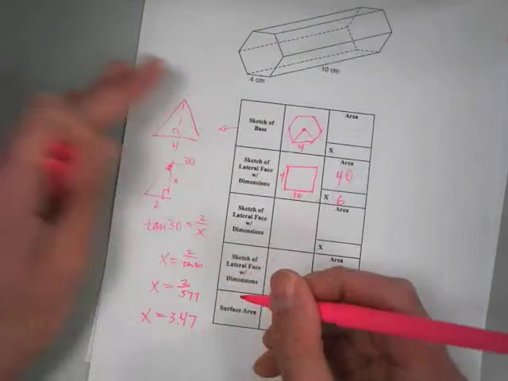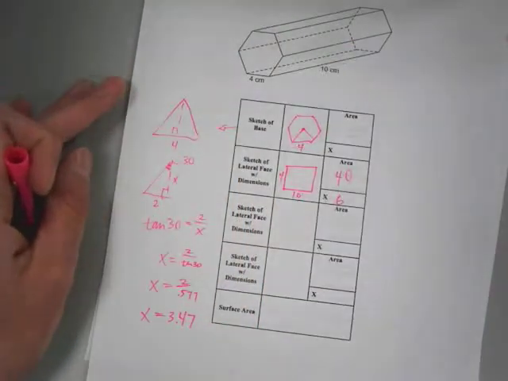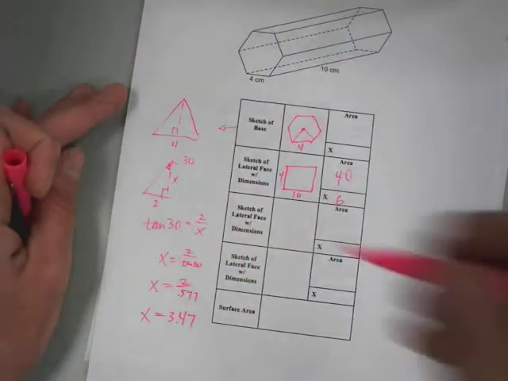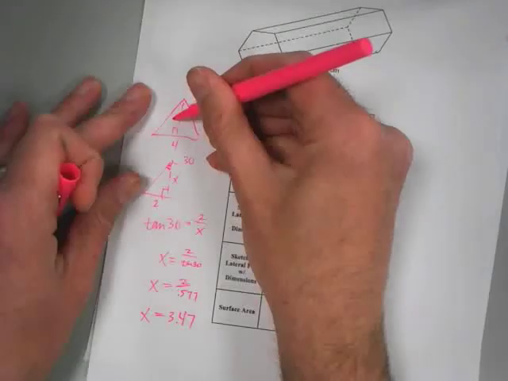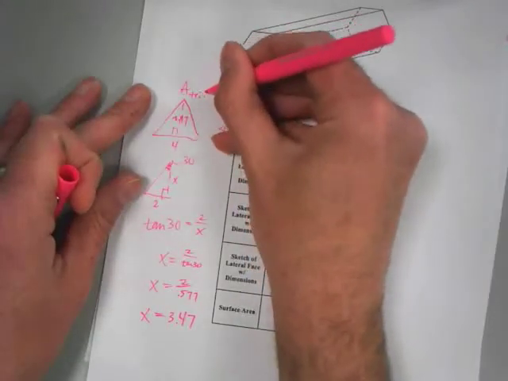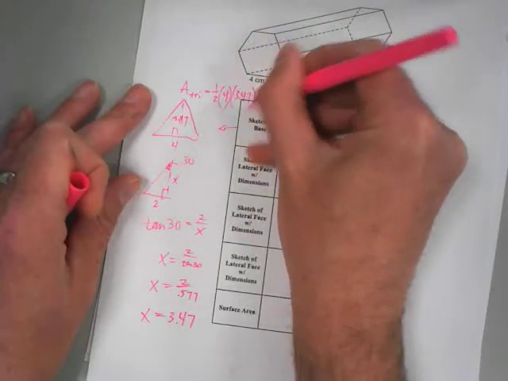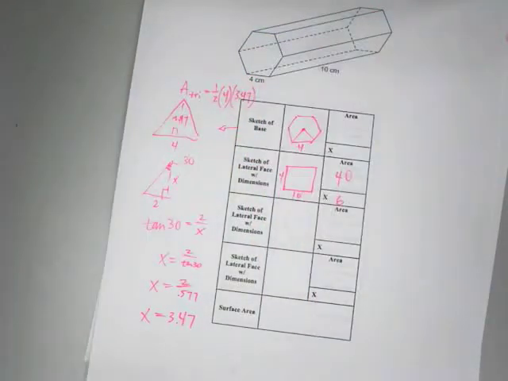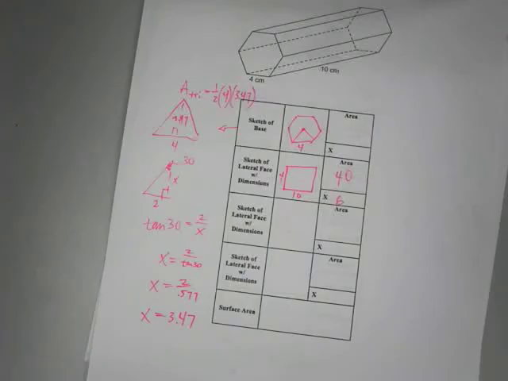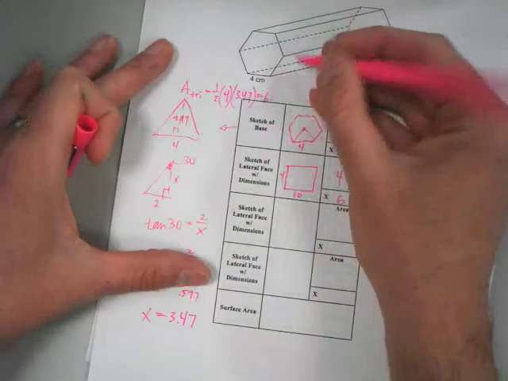So this triangle has 3.47 height. The area of the triangle is 1/2 times 4 times 3.47, so 2 times 3.47, 6.94. And how many of those are there in that hexagon? 6 times 6, you will get